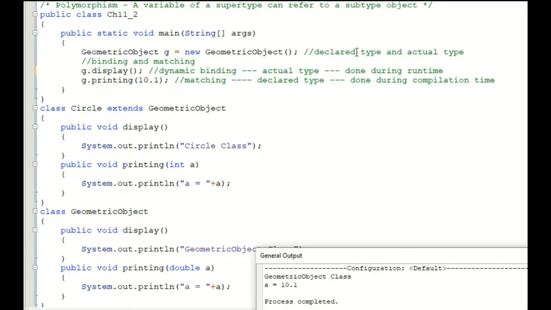I say matching. Another name for matching is static binding. So for static binding, the declared type is used, and for matching also. Matching and static binding are the same. Okay then. So this is about dynamic binding, declared type, actual type, and polymorphism.